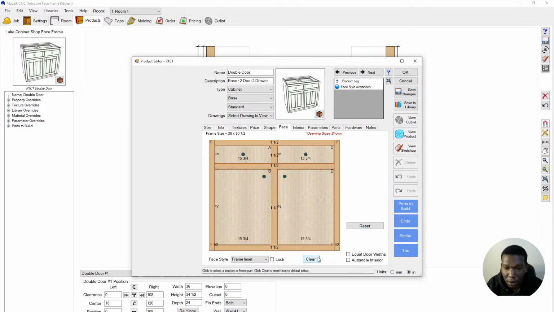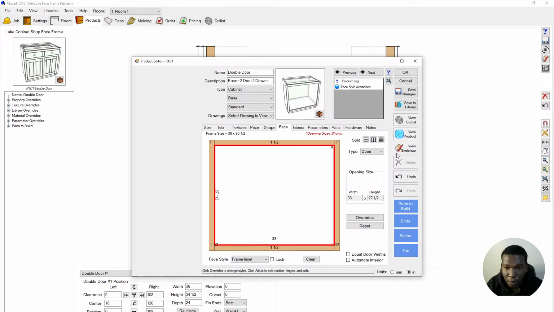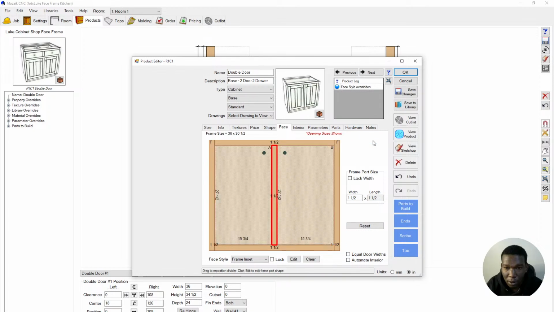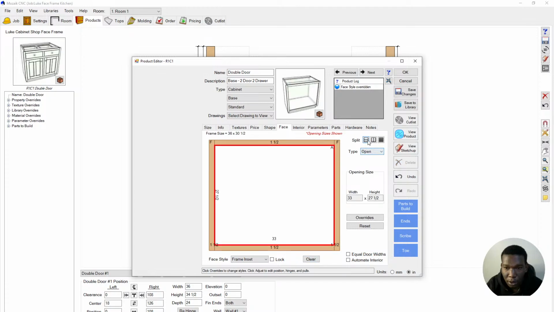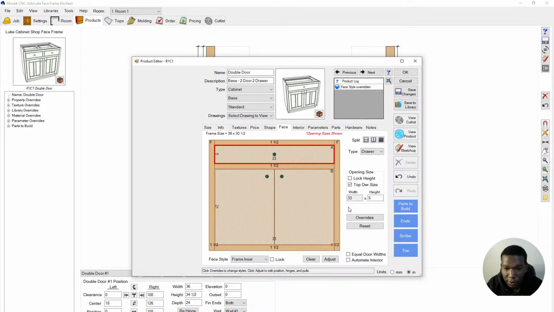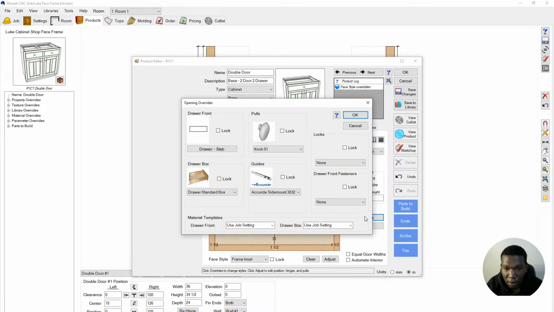Face is just clear and then split it in the middle. Clear. Split it on the top, then make this one pair, and then let's overwrite, and then